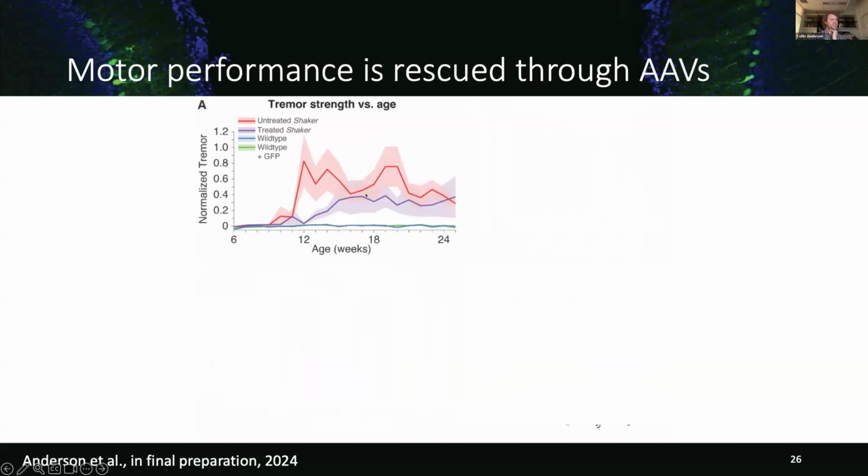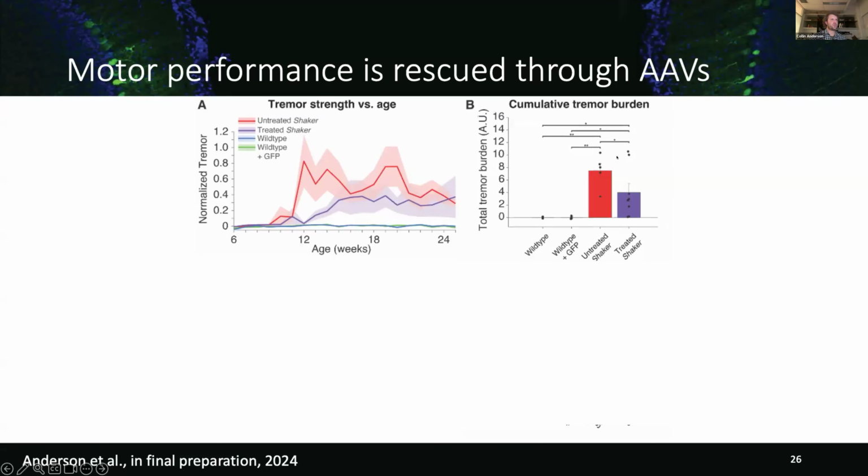Basically, what we find is there's not nearly as much separation as there is in the ataxia at these later time points. But if we run a two-way ANOVA with time as a variable, it's a very, very highly significant decrease in tremor over time. So if you look at the cumulative tremor burden, once again, we have a significant drop-off. These two that didn't do so well, there's actually kind of a very interesting story that I don't really have